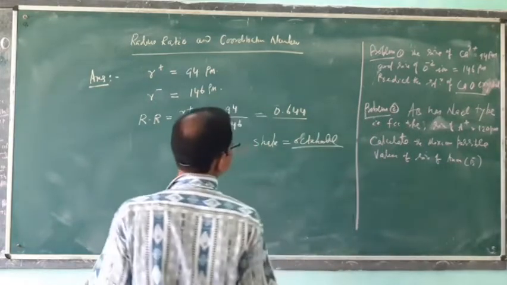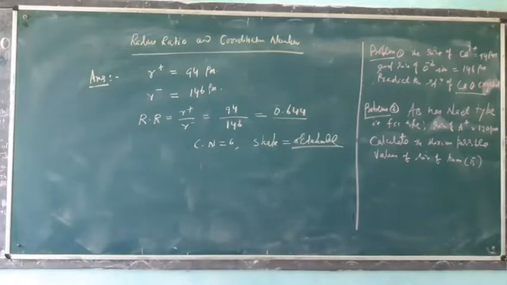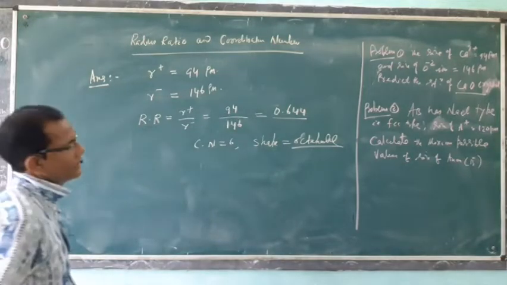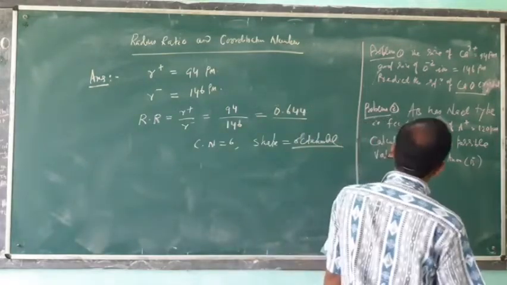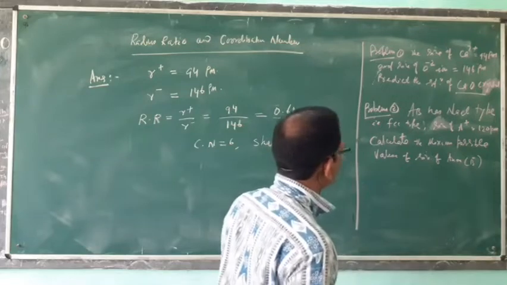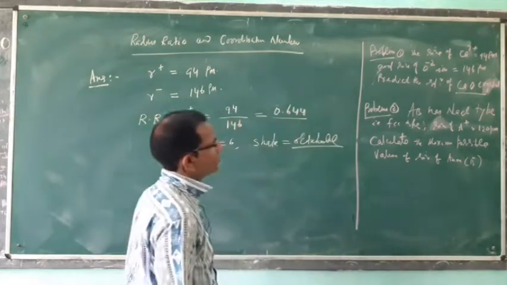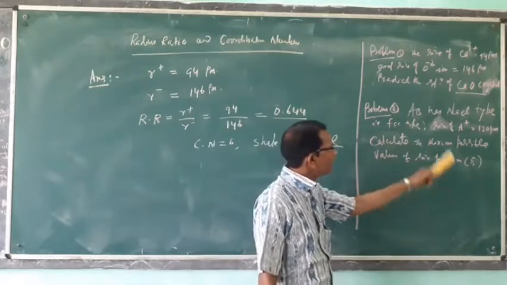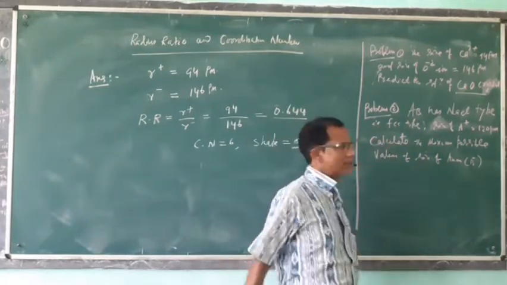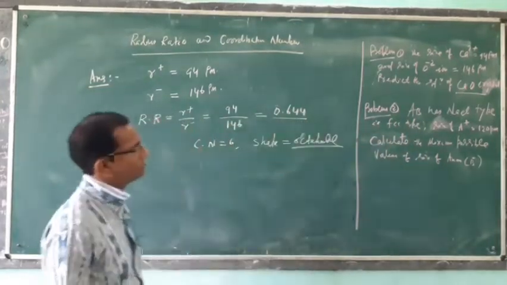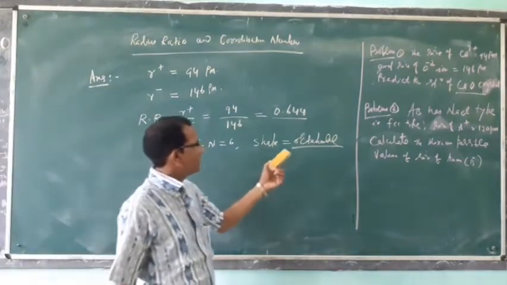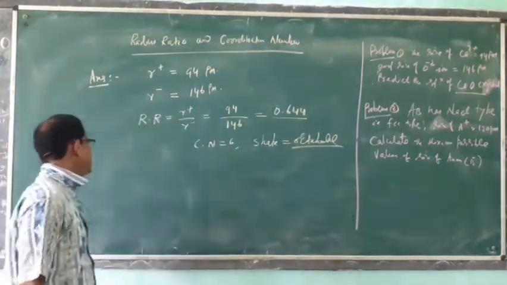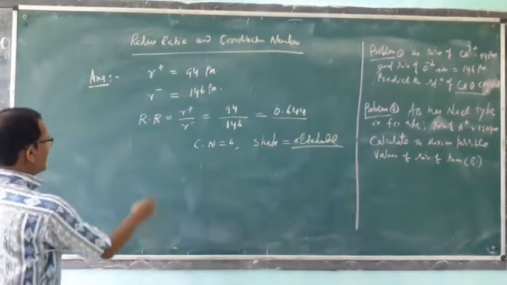Here, it is already given FCC, AB has NaCl type, that is FCC type, and the size of A plus is 120, and we will calculate size of B minus. But one thing here, as the FCC is just like your octahedral pattern. FCC means it is also a type of octahedral pattern. That means your radius ratio